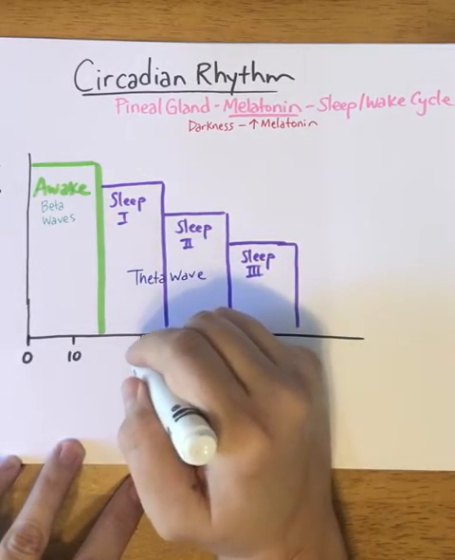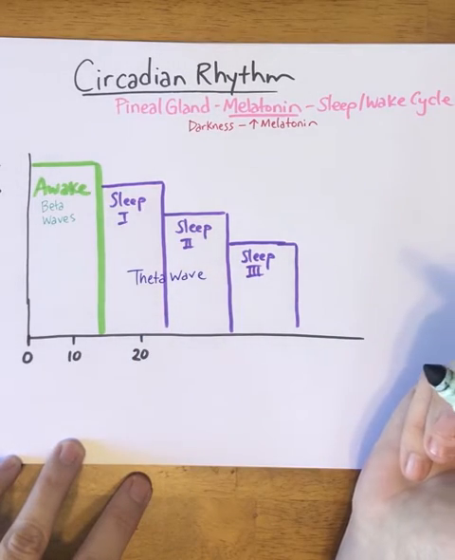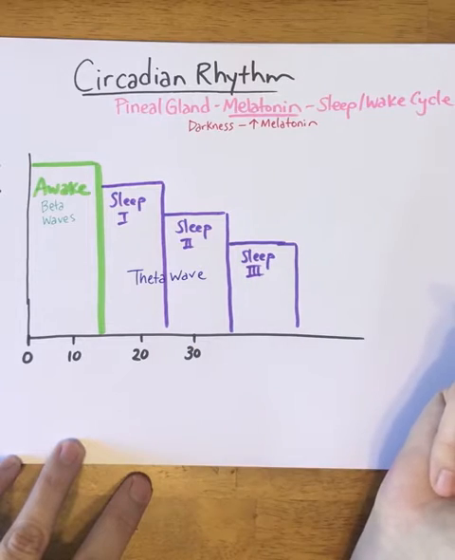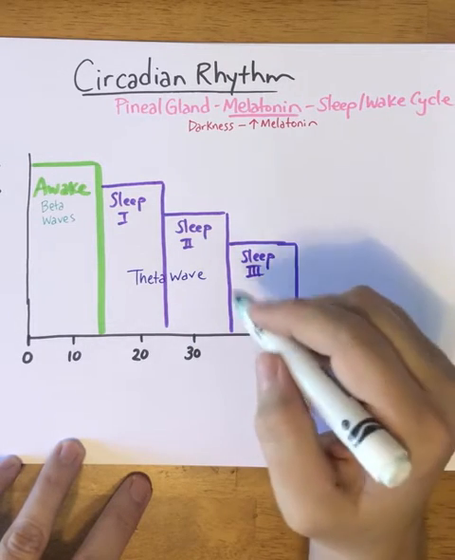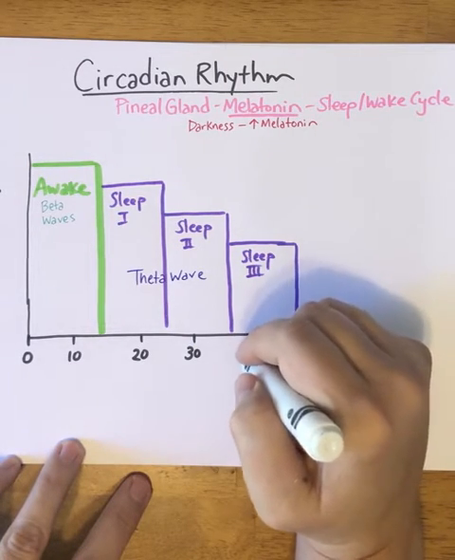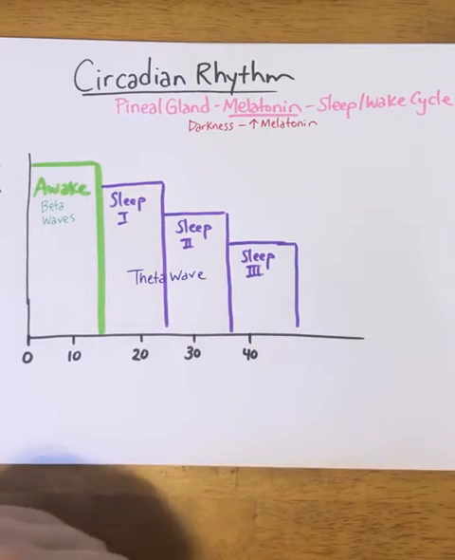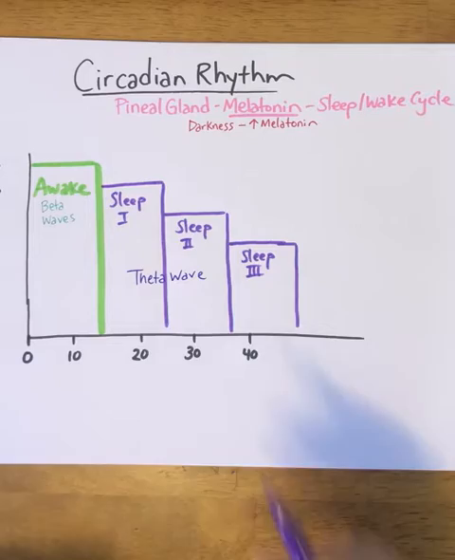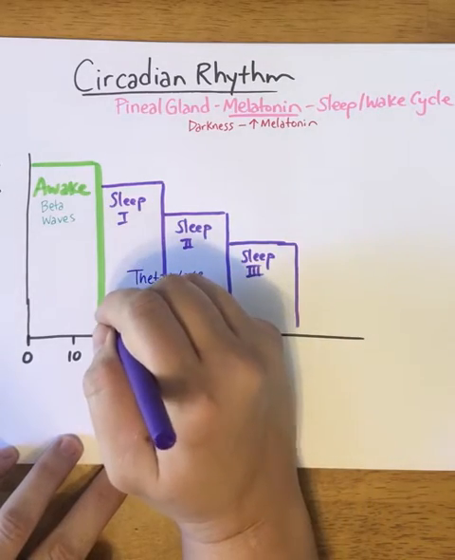So when it gets really dark, 20 minutes, you can go to sleep. It's getting even darker, 30 minutes. You get into stage 3, about 40 minutes. And then you continue to stage 4 and 5. But when we talk about sleep cycle stage 1 through 3, basically, this is going to be drowsiness,